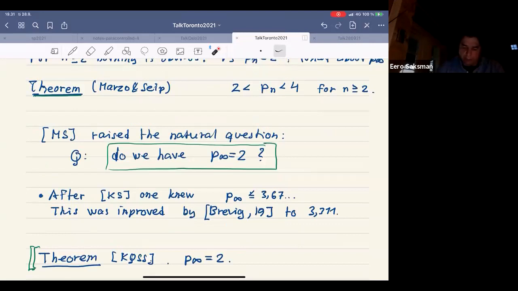The original paper from 2011 gave some estimates. It showed that P infinity is less than 3.67, and Ole Breivik then was able to improve this to 3.3 a couple of years ago. But now after our paper, we know the answer, which is kind of the expected answer, that in infinite dimensions you cannot do better. But P infinity is